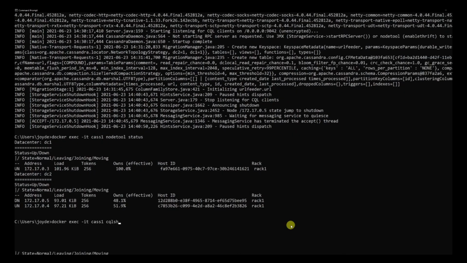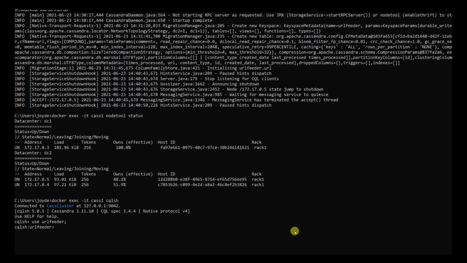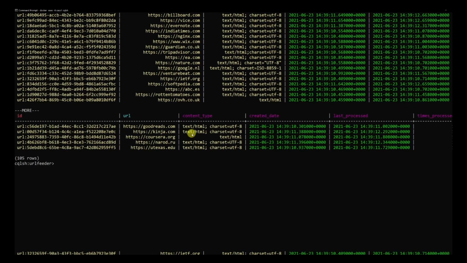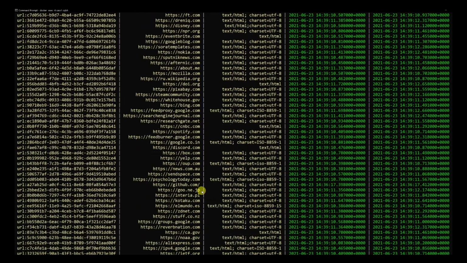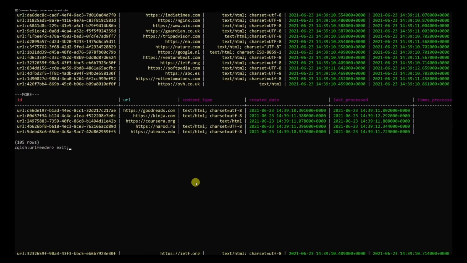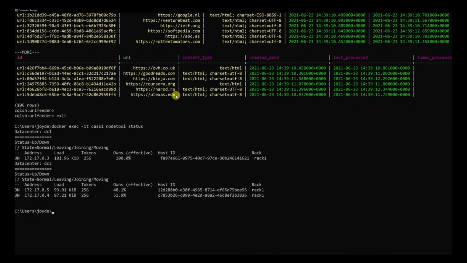Now even if I go into one of the systems over here, CAS1, and let's say use URL feeder, let me clean this and do a select star from URL. Previously there were 105 records, and you will still see 105 records because of our replication strategy, right? Even if one node goes down, we are good with it. We don't need to worry about it. As long as we have set up the right replication policy, we are going to have the right replication over here.